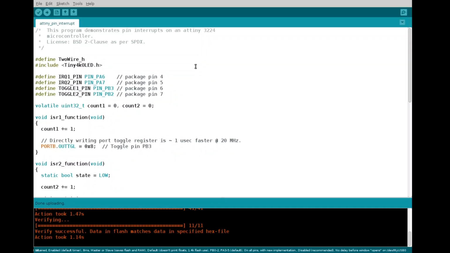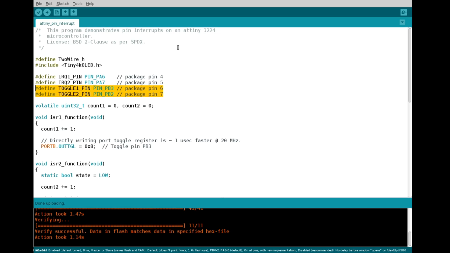We're running the Arduino 1.8.19 IDE. And the first thing we see is that we're using a library. This library drives a small OLED display on which we can display the counts of interrupts that we'll see later on. And so first we declare some pins. The first two pins are the ones that signal the interrupts. So on the rising edge of signals on these pins, an interrupt occurs. The next two pins will be toggled in response to the interrupt, so we can watch the interrupts being serviced